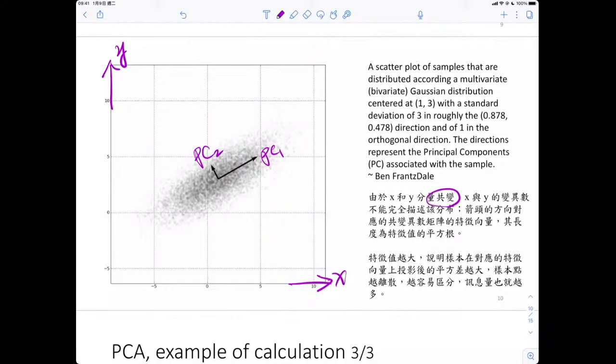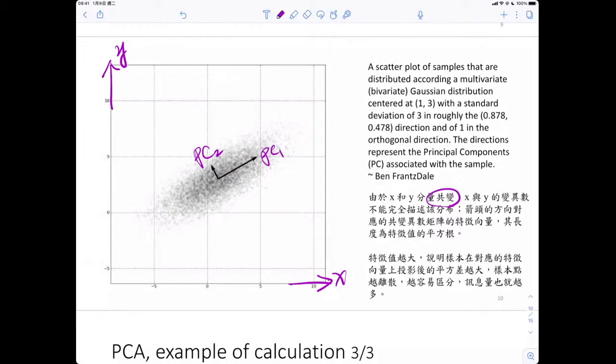So we don't want to analyze the data if x and y have high covariance. So we rotate our data using PC1 and PC2 to describe the data, and they're orthogonal. Conceptually, you can project your data on PC1 or PC2, right? So they are unrelated. They do not have any relationship for data plotted on PC1 and PC2.